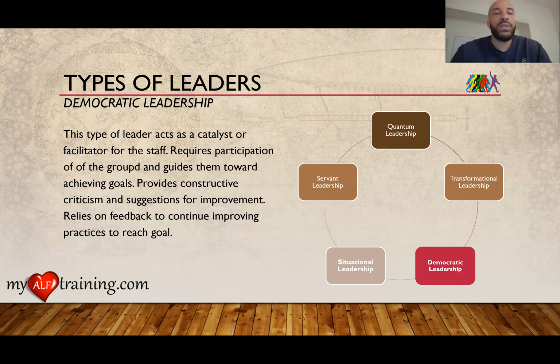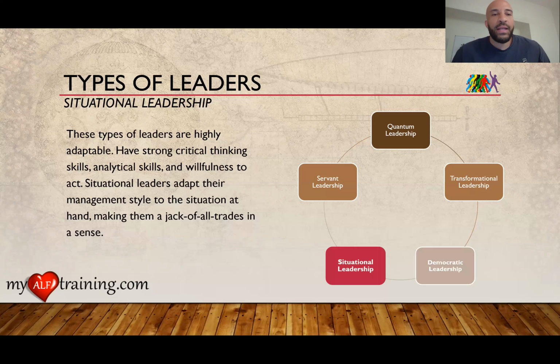And now remember, when you're thinking about which type of leadership style best reflects who you are or who you want to become, your leadership style doesn't have to be your personality. It just has to be, like I said, the best type of leader that you can be for the group that you are potentially going to be leading and the goals that you're going to be leading them toward. So, democratic leadership.